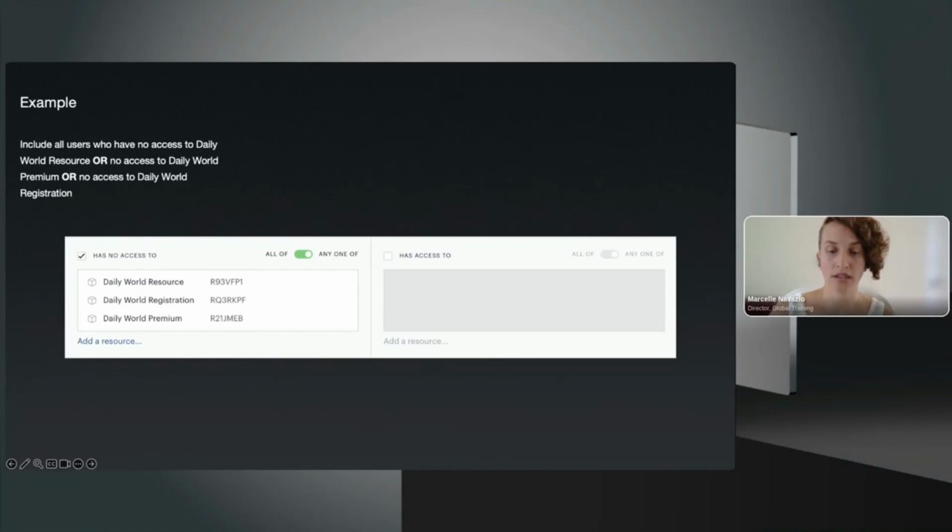And that means that as long as a user doesn't have access to at least one of these resources, they do meet the criteria for this experience branch, right, for this card. So users with only the registration resource, in this case, because that's included here, they would actually see the same experience as users with only the premium access or whatever the other resources are. So I can't think of an example when you would really want to do that in most cases,